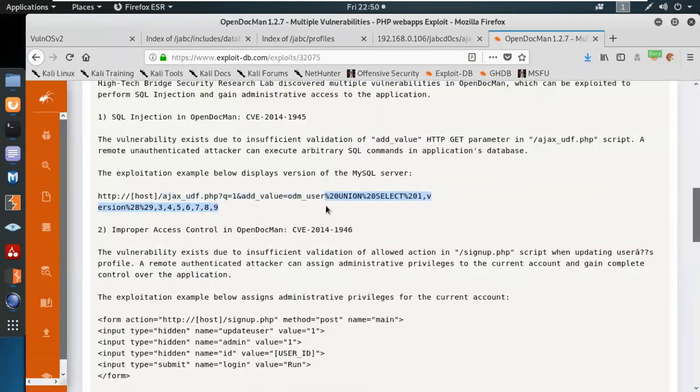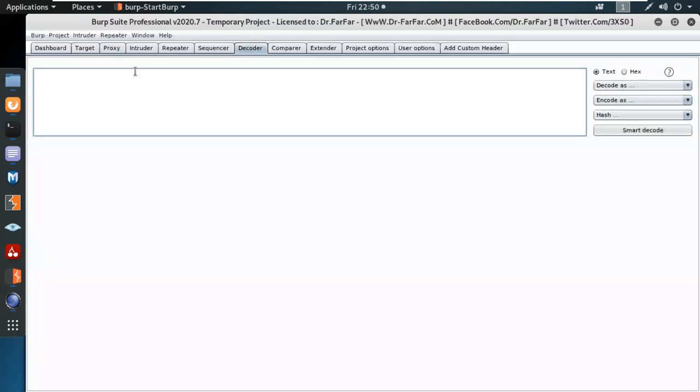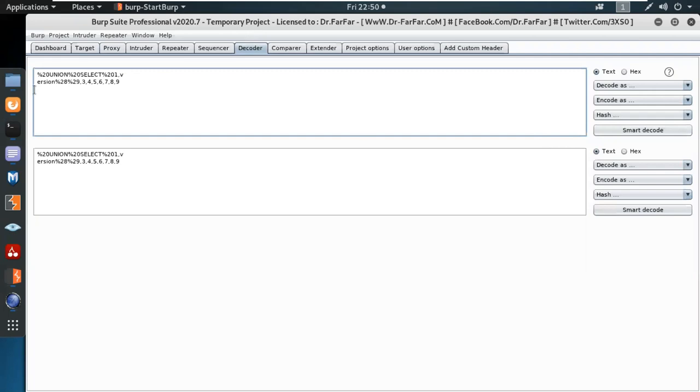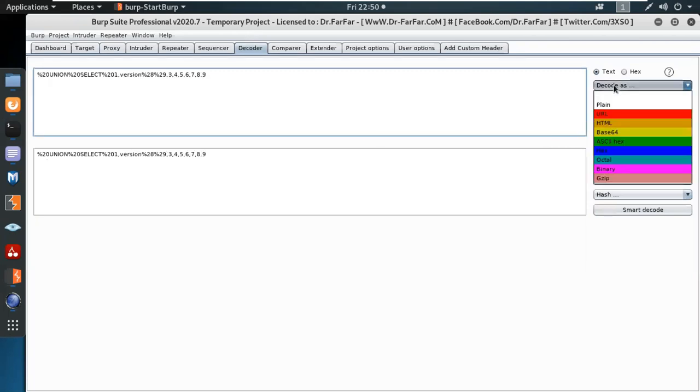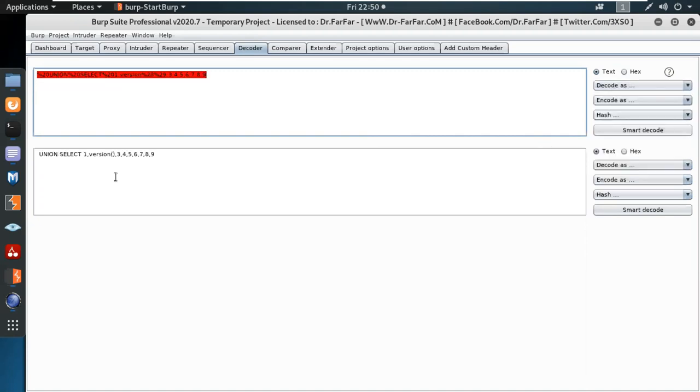So what exactly is this percentage data over here? Let's go to the Pub Suite decoder. Actually, I'm going to look at the percentage in the Decoder's URL section. Okay, so percentage 20 was just a space, unified in the URL section. So if you try this one,